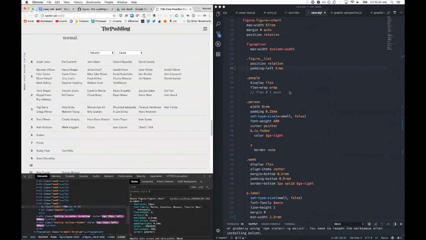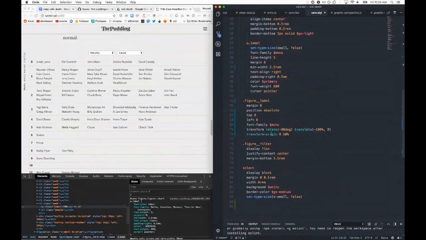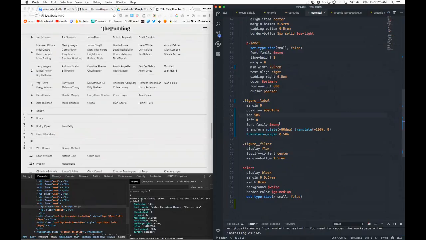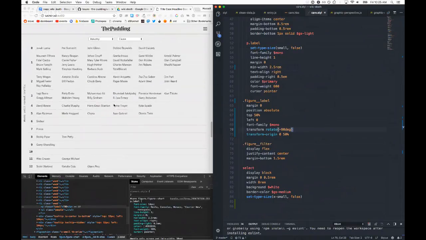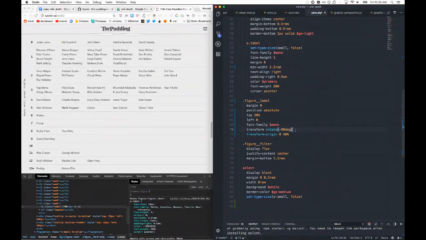We can stick that down in there. Too much. We want to translate if we do that. Right, halfway, not quite.